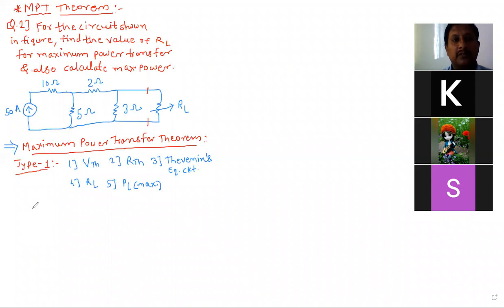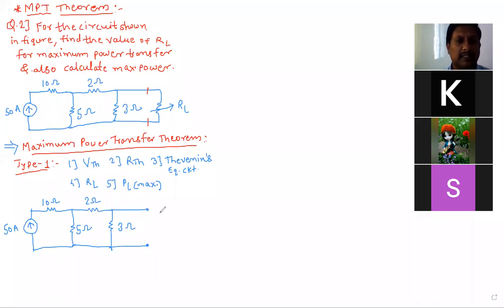According to the first step of Thevenin's theorem, we have to identify the two terminals with respect to which we are going to find Thevenin's equivalent circuit. So 50 ampere, this is 10 ohm. This step you can avoid, because unnecessarily it will take minimum 15 seconds. You can directly start calculating VTH. That is also okay; this is for understanding purposes. This is A, this is B. I have removed the load resistor.